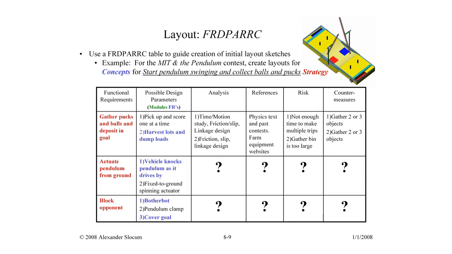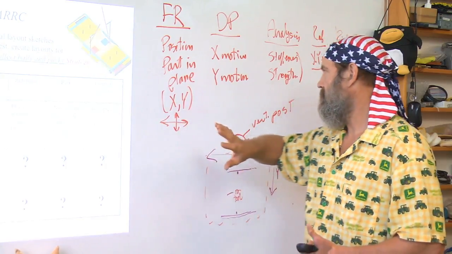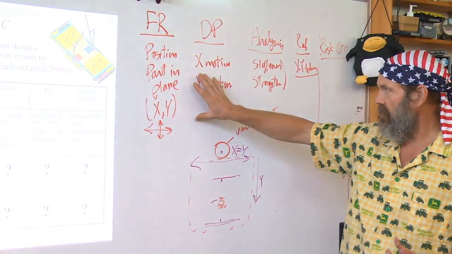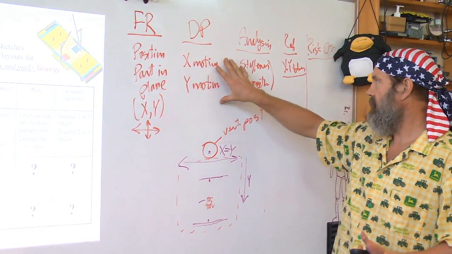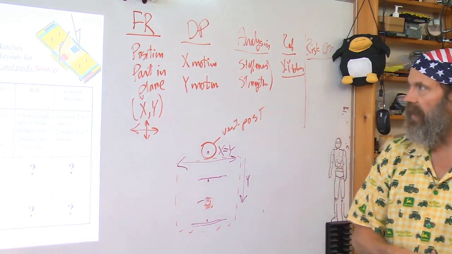Before I come back to this sketch, remember you have to keep in mind as you start to think about great ideas, what you're trying to accomplish, the functional requirements. As we said here, we want to position our part in X, Y, and then we're going to start sketching mechanism. So let me go back to sketches,